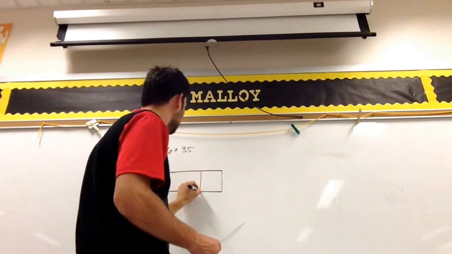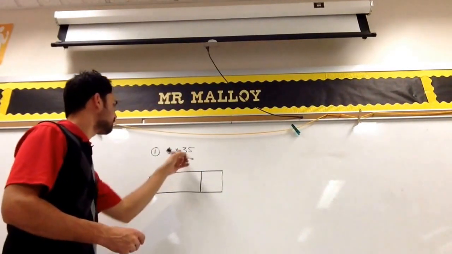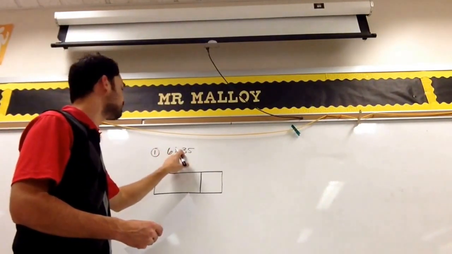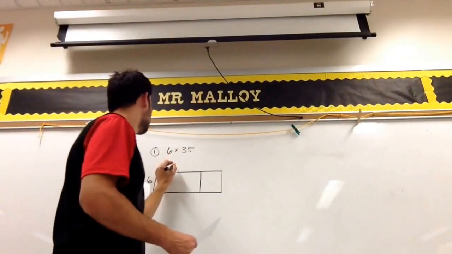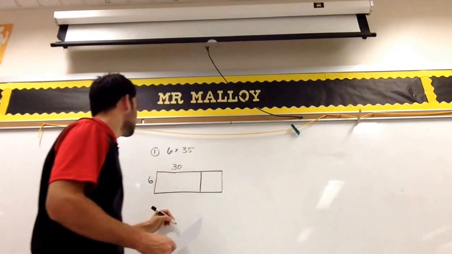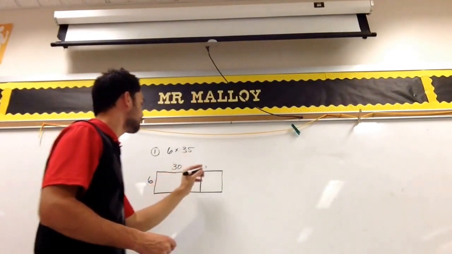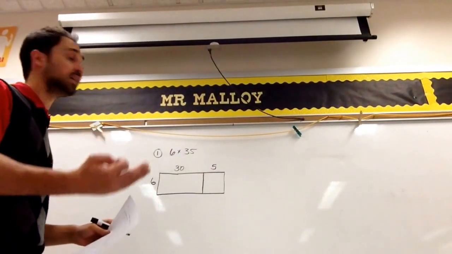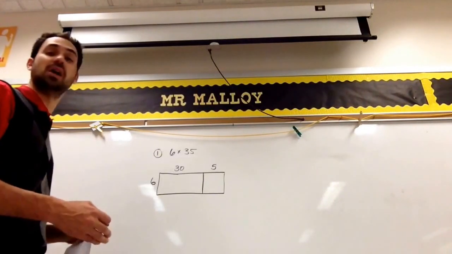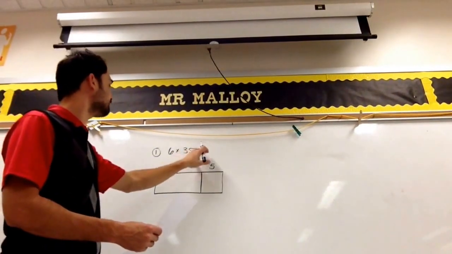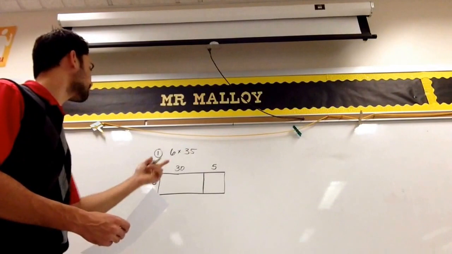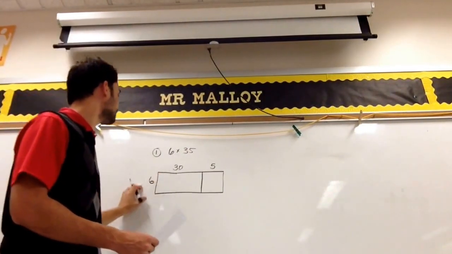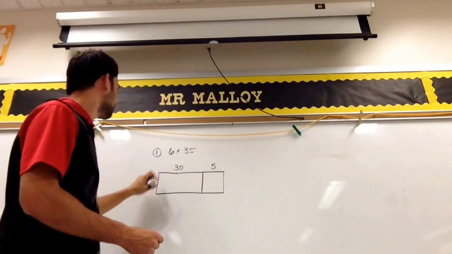I'm going to make an estimate here. We're going to break 35 up into expanded form. So that 3 is not really a 3, it's a 30. And that 5 is in the ones place, so that 5 is actually a 5. This is one of the reasons why we do the place value unit before we get into the operations, because you need to be able to do this kind of stuff in order to do some of the multiplication, dividing, adding, and subtracting. Okay, so now that I have it broken up, so we have a 6 by 30 and